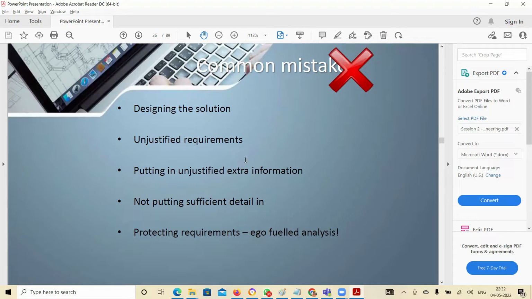Conflicting requirements. This is again, since we have to deal with human beings, very common.